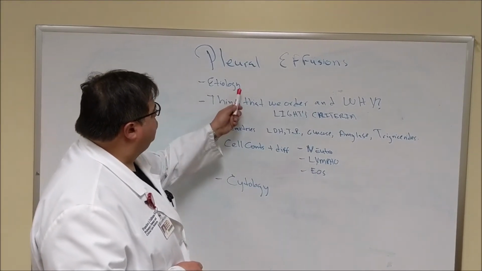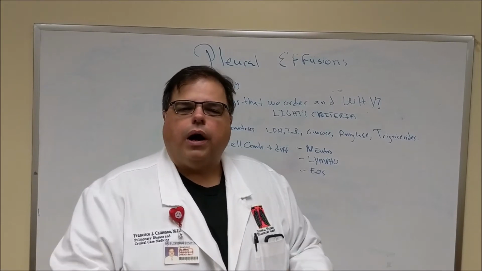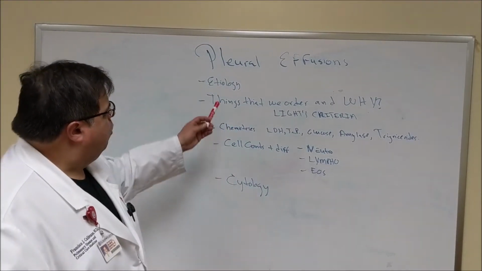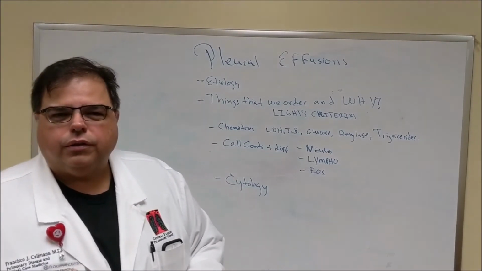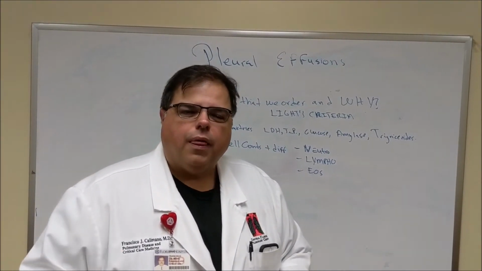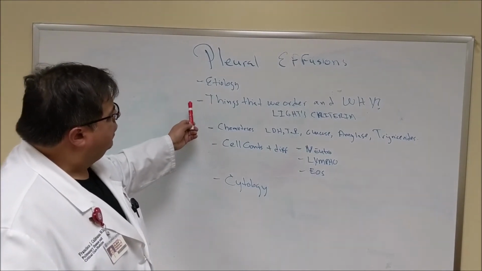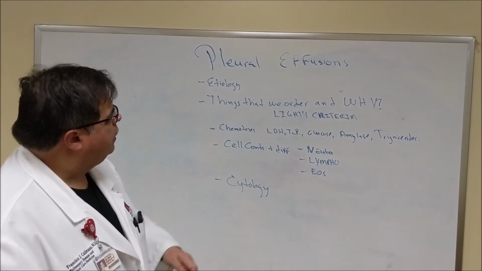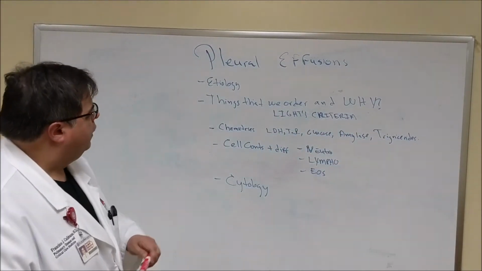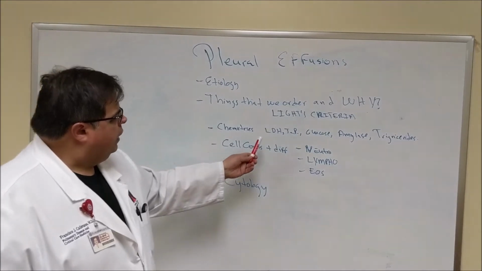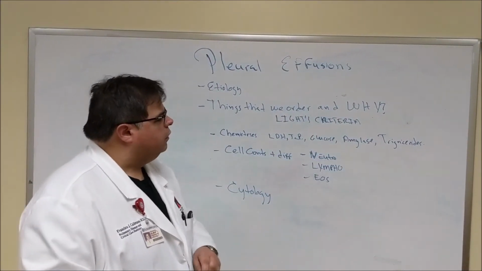Once we determine that the fluid collection is big enough that we want to know why it's there, we do a thoracentesis and then send some studies. You're familiar with these studies: the things that we order, and why. The first thing we look for is something called the Light criteria, the chemistry to start with. We order LDH, total protein, glucose, amylase, and